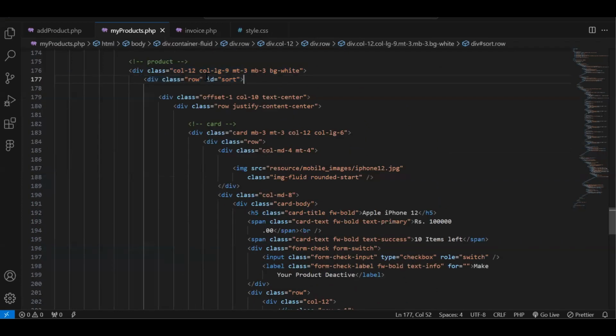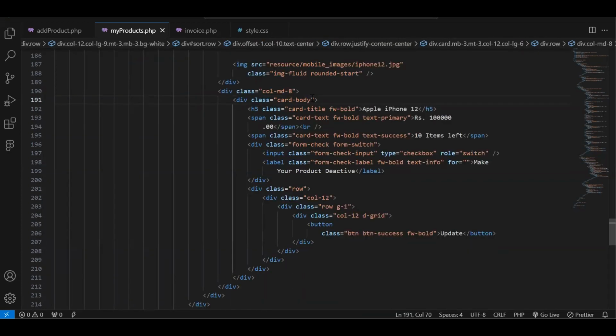And then I have given an id as sort here, and after that I have used another bootstrap class that we didn't find earlier, justify-content-center, it means to justify the content in the relevant div to the center. And then we have used the row class here. Here's the bootstrap card, and in the next div with the class as card-body,